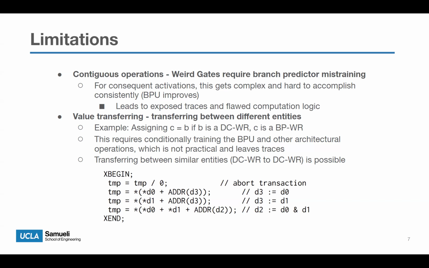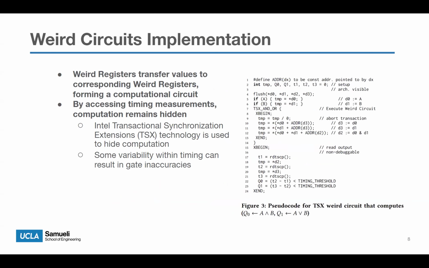And similarly, you can see if we had all these in the same statement, D2 will only get cached if D0 and D1 get cached. If either of them are not cached, it's going to stall, which prevents D2. This creates that AND OR gate that we were talking about. And this essentially forms a larger combinational circuit because after we create a transactional window,